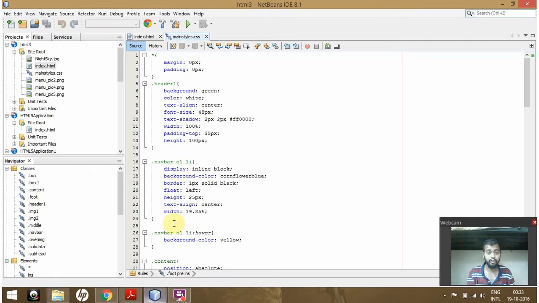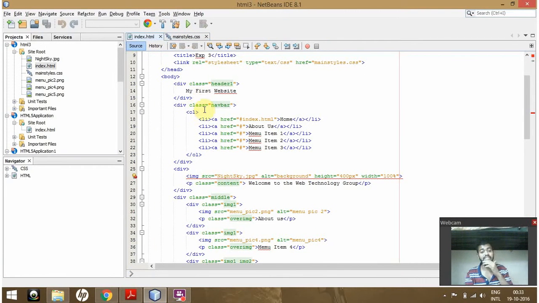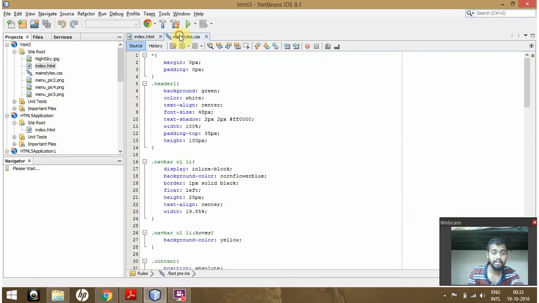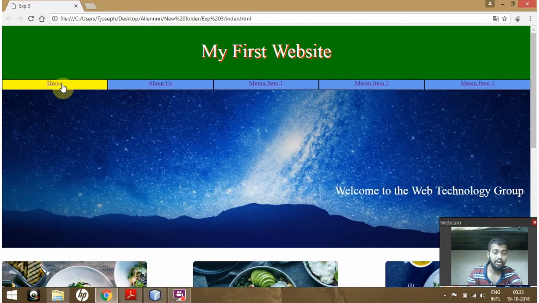And then moving on to the next thing, the next division is the navigation bar. In the navigation bar I've created an ordered list and listed all the menu items. And moving on to the CSS property, I've given display as inline block, and background color, border, height, width, all properties I've given. So thus all the menu will be listed with equal sizes and shapes, with equal height and